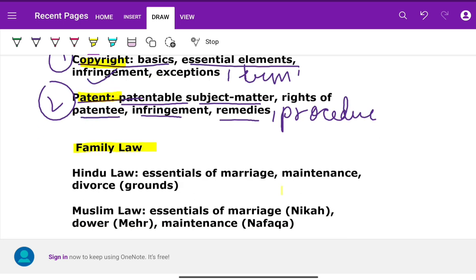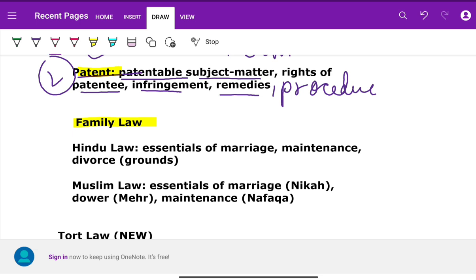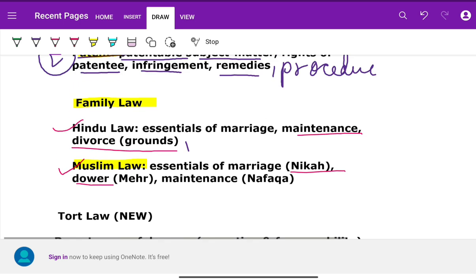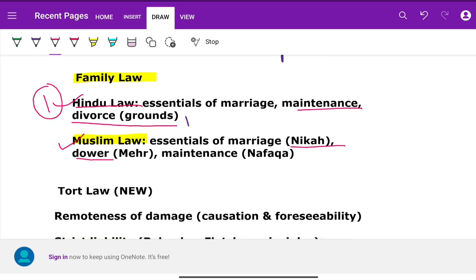And the fourth subject is family law. So family law is divided into 2 parts, Hindu law and Muslim law. In Hindu law, you have to cover the important topics, topic wise, from marriage, adoption, succession. And Muslim law, I think, is less lengthy as compared to Hindu law, because Muslim law is confined and limited topics are there. So in Muslim law there is essentials of marriage, divorce, maintenance, dower, meher. So all these topics you can cover from the Muslim law, and one will be asked from Hindu law, one from the Muslim law, and you have to write only one.